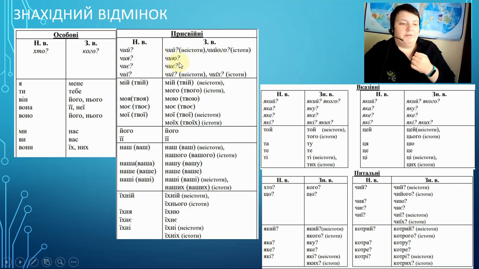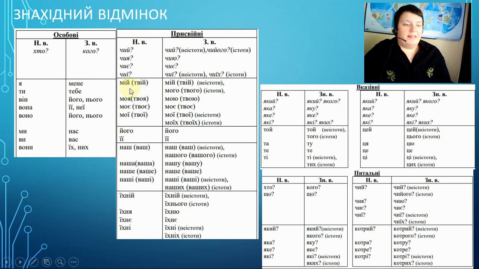In grammatical feminine, чию. In grammatical neuter, the same as in nominative, чия. And in plural, чиї, it's for inanimate, чиїх for animate, and чийого for animate. So you see the difference.